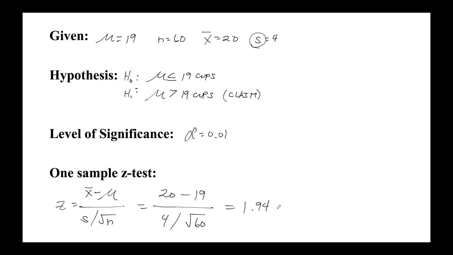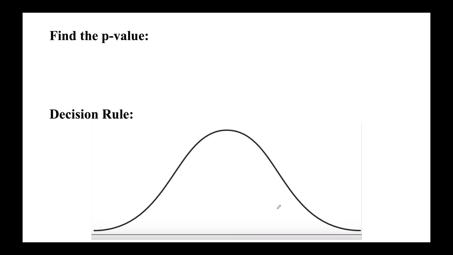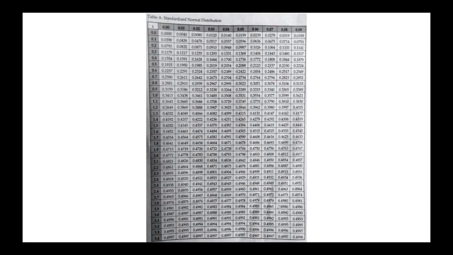Now, ano nang next na gagawin natin dito sa 1.94? Ang actually next step natin is to find the p-value. Saan siya hahanapin itong p-value natin? Dito pwede natin gamitin yung table A, standardized normal distribution. Hindi na tulad kanina, dahil yung kanina, isang gamit natin is tailed test. We have one tailed test there and we have two tailed test there. Wala tayo ngayon na ganun, kasi ang method natin is yung